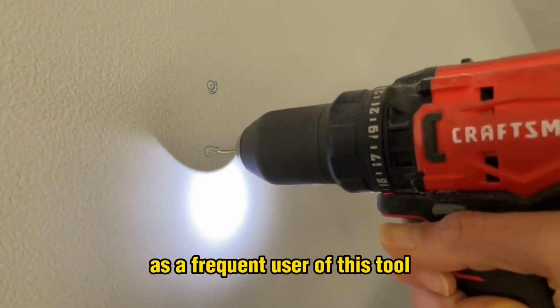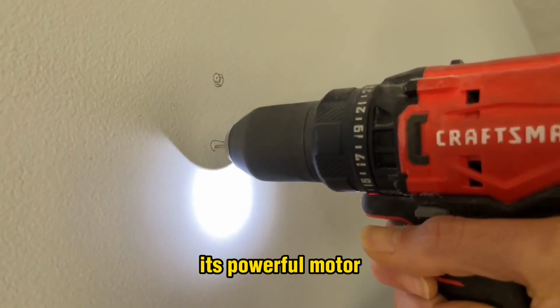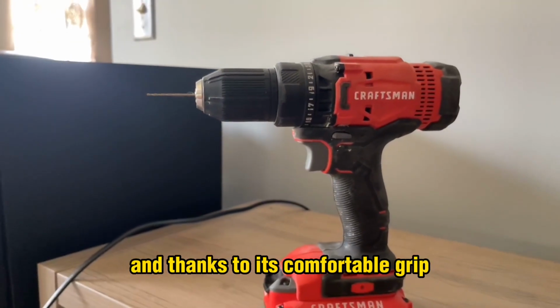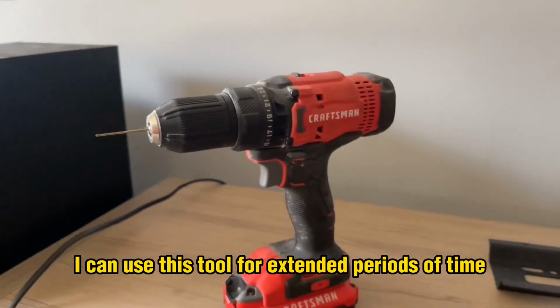Hi everyone, as a frequent user of this tool, I can attest to its excellent performance and value. Its powerful motor and multiple speed settings enable me to tackle a wide range of drilling and driving tasks with ease. And, thanks to its comfortable grip and lightweight design, I can use this tool for extended periods of time